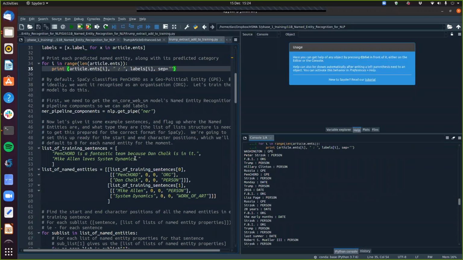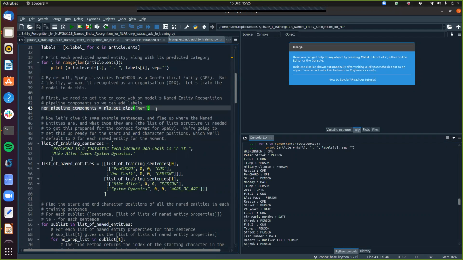The way we do that is we basically open up what's known as the SpaCy training pipeline, which is just a fancy way of saying pop open the car bonnet. We're going to start tinkering around underneath. So SpaCy's very user-friendly in terms of it doesn't make you worry too much about all of this, but if we want to add to the training, we're going to need to get down underneath the bonnet and tinker around. So the first thing we need to do